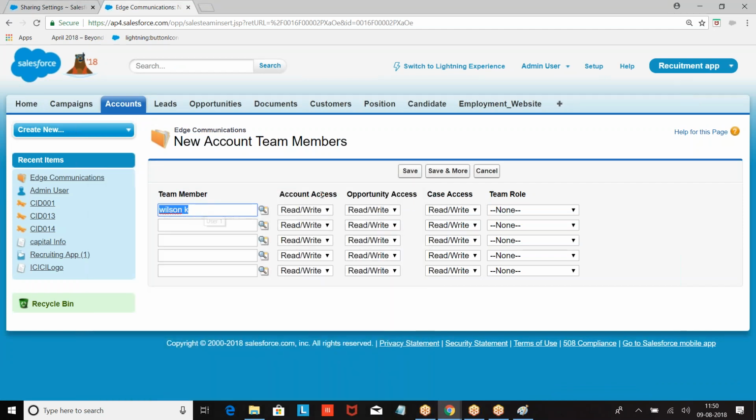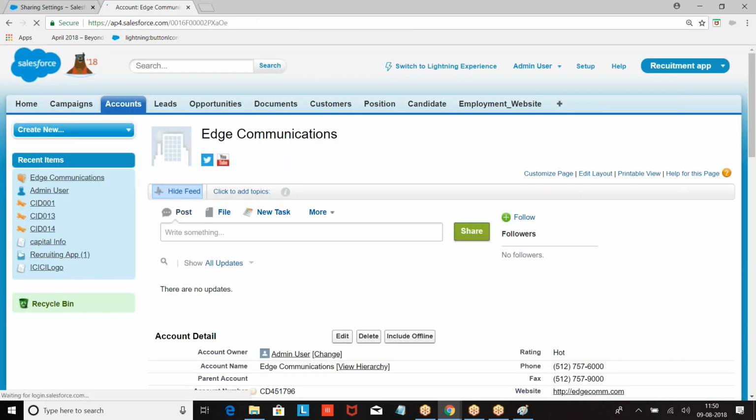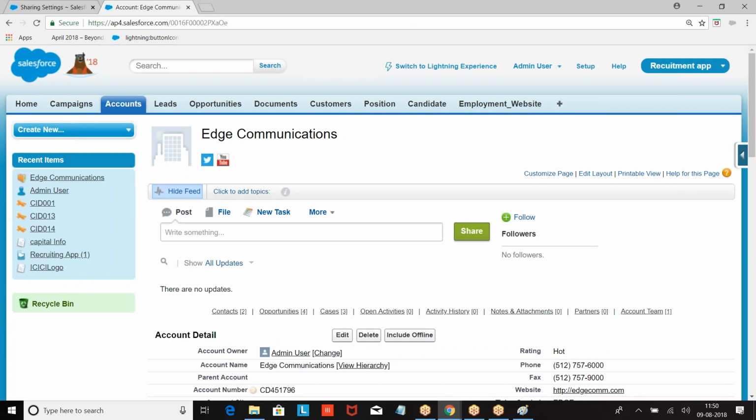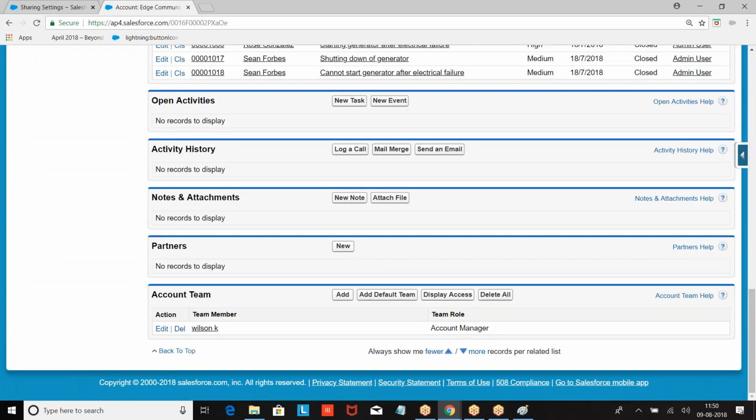Now, if I make someone an account team member on this account, what are you getting? Read access to opportunity and case. I made this member an account team member. So you are able to get access on the corresponding opportunities, contacts and cases. Are you clear about this? Just go to the teams, add a user.